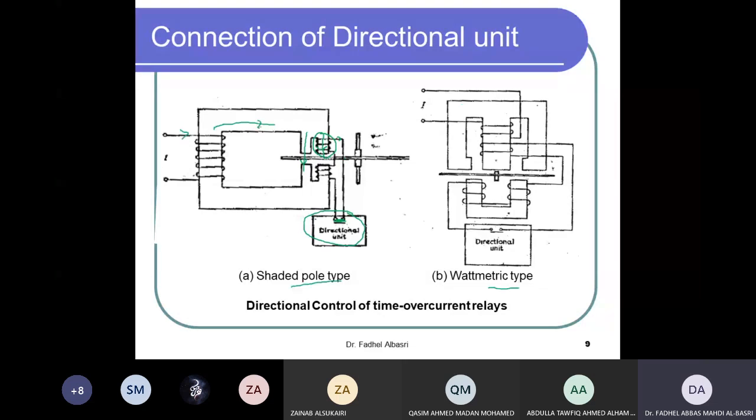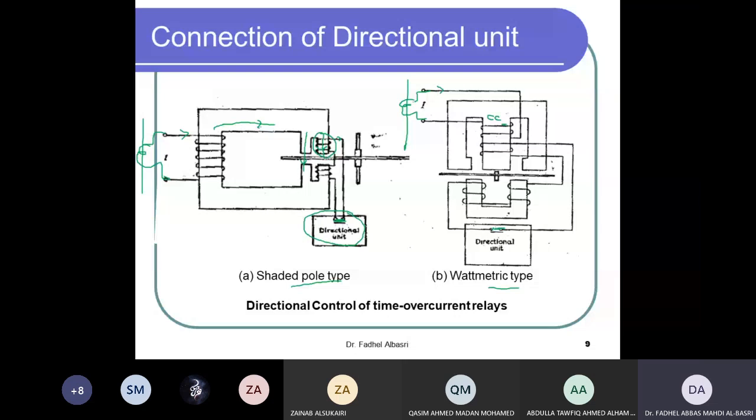Now we have two coils, one for the current coil, where this is from the CT. This is the CT, and the current goes here. So this current goes from the CT, and this is also the CT here. Right? So from that CT, I have a current here. Now I also have another coil, which is connected in series with the directional relay. If this directional relay sees a fault forward, it will close this contact, which makes the second coil